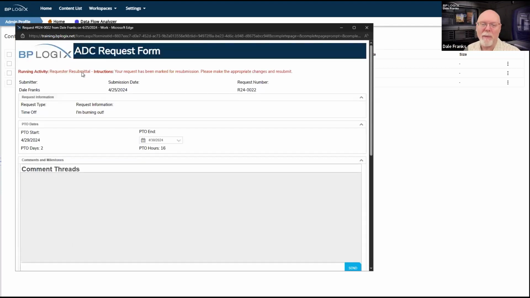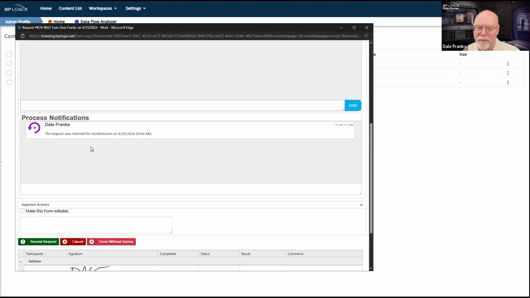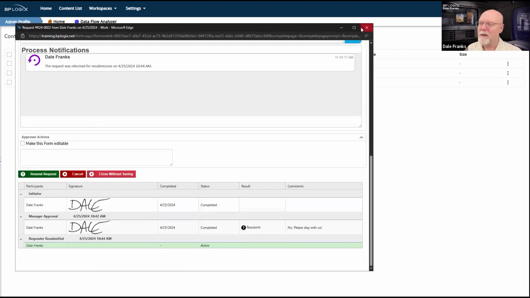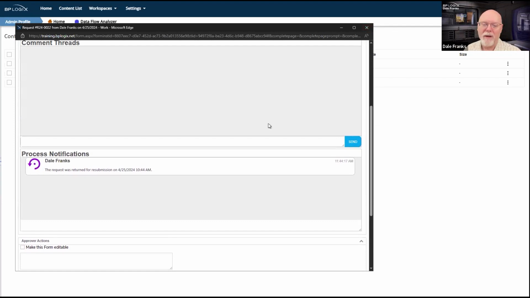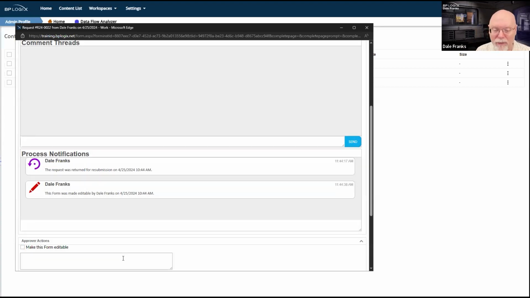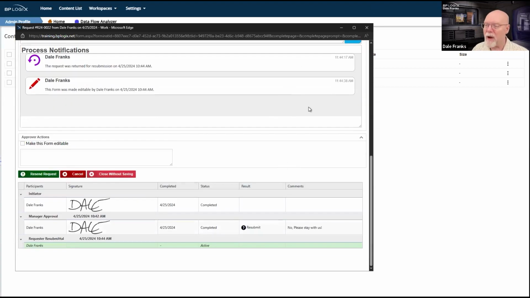It should put me back into request or resubmittal. It does. So in terms of that, oh, there's my process notification. It was returned for resubmission. Great. Oh, I can also make the form editable. No, I can't make the form editable. Yes. So I made the form editable. Then I can turn that off. Great. Now I'm just going to close the form without saving.